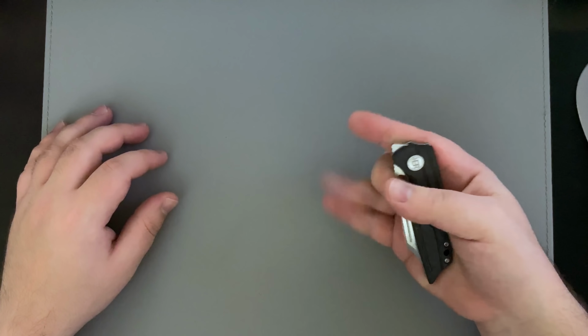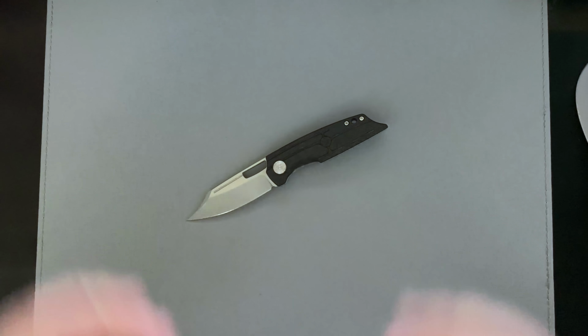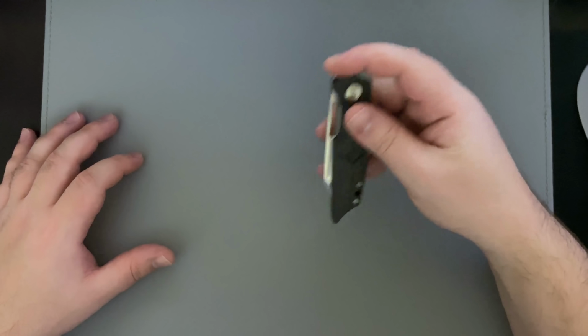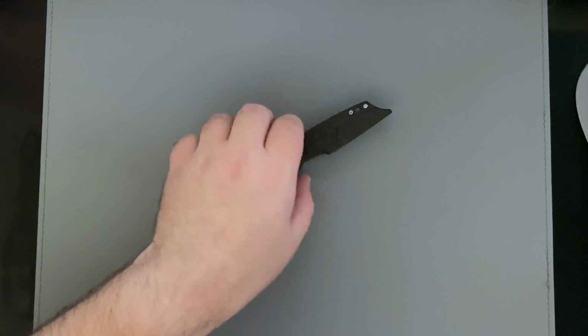And so I'm just so happy that this one was executed in a way where I really think that this is going to break out into the bigger market. And so let's go ahead and talk about the reasons why instead of just talking about the knife as a concept. So the Hunter here, we'll go ahead